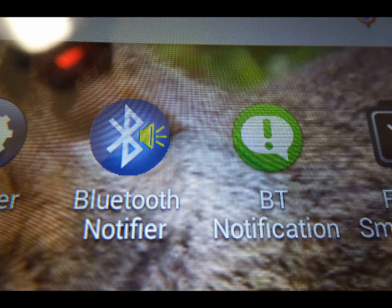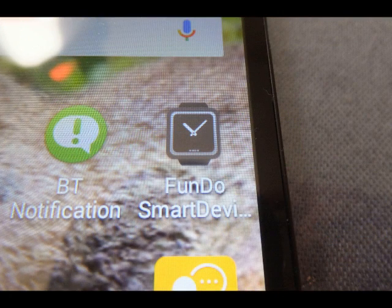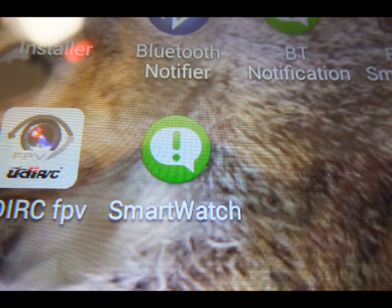There are 3 apps that you need to download on your cell phone right away before proceeding, and that is Bluetooth Notifier, Bluetooth Notification, and the next one, which will give you a lot of extra fun, is a Fundu Smart Device. The third one, which is also recommended, is called SmartWatch. This one is more optional, but it is recommended. So download those,